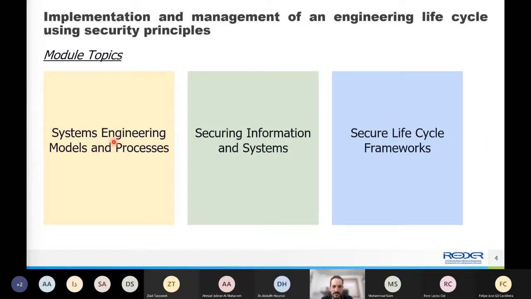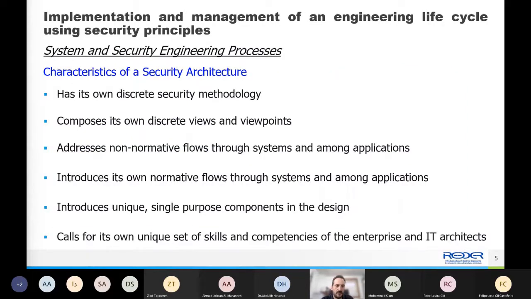Okay. So as I said, this slide is just to introduce the different elements, the different topics that we are going to address in this module, and then we start with the first one, which is about what is a security engineering process. You will probably have to define what a security engineering process is using the